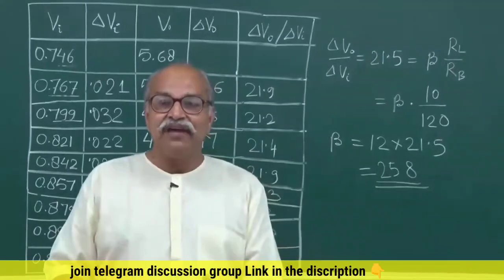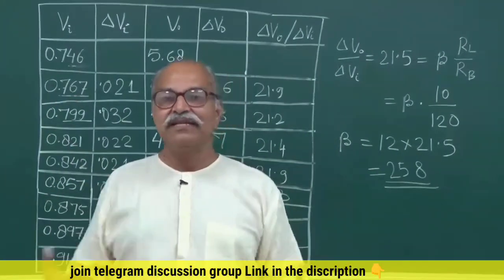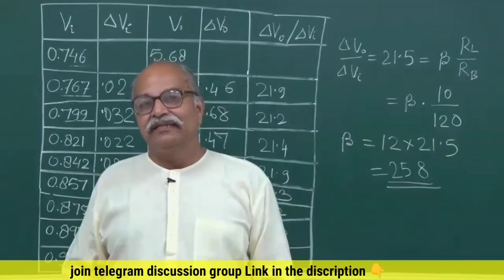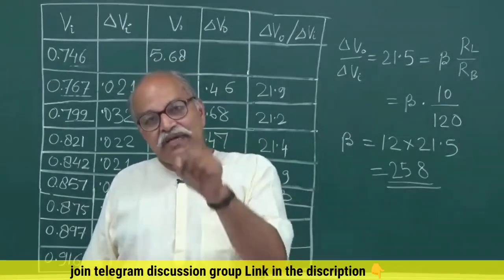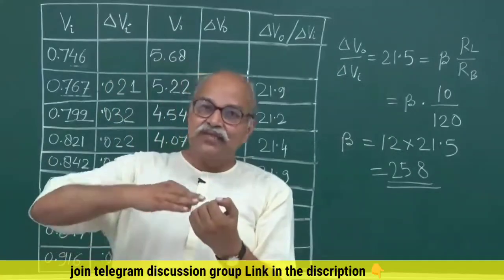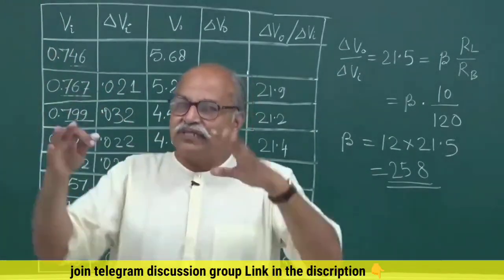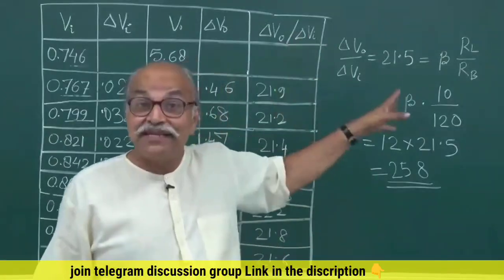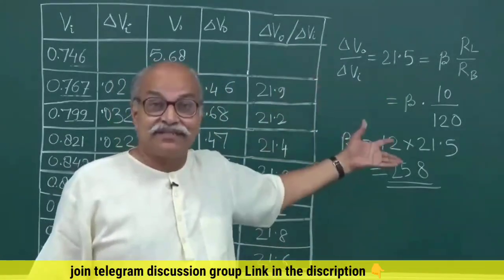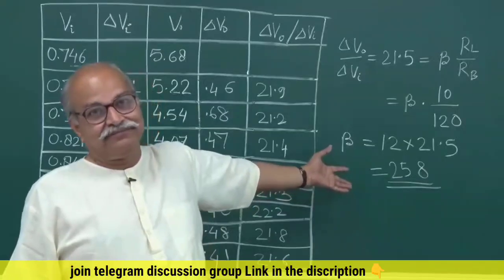In a real amplifier, you will have many more things. You will have a lot of capacitors for filtering and other things, and then the signal will be some kind of a fluctuation on the average VBB. I have taken a gradually increasing signal. Signals are not like that. So all those things are there, but that basic amplification by the transistor, that you must have felt through this data.